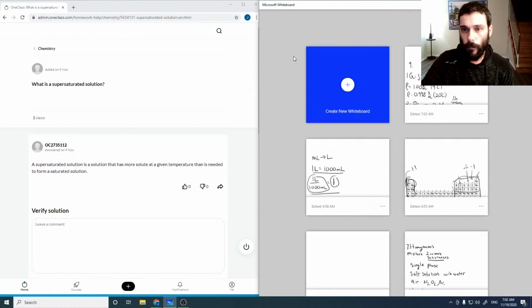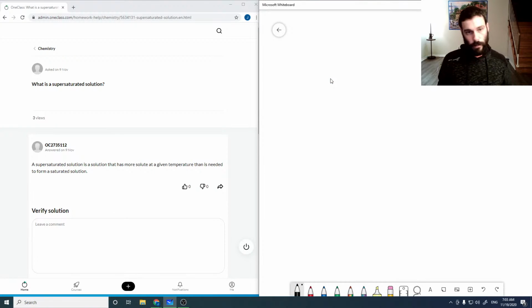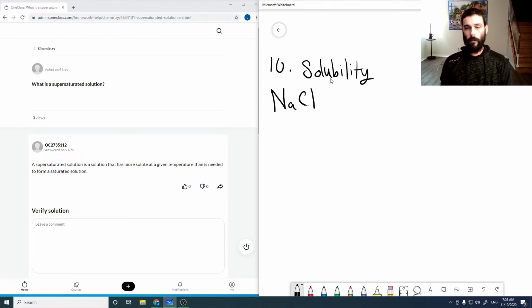Okay. For the next one here, what is a supersaturated solution? So before we get into what a supersaturated solution is, what is a saturated solution? So if we look at a substance's solubility, it's always given with respect to a liquid. So if we look at a very common substance, just salt, then we would find that the solubility of salt at 20 degrees Celsius, so it depends on temperature,